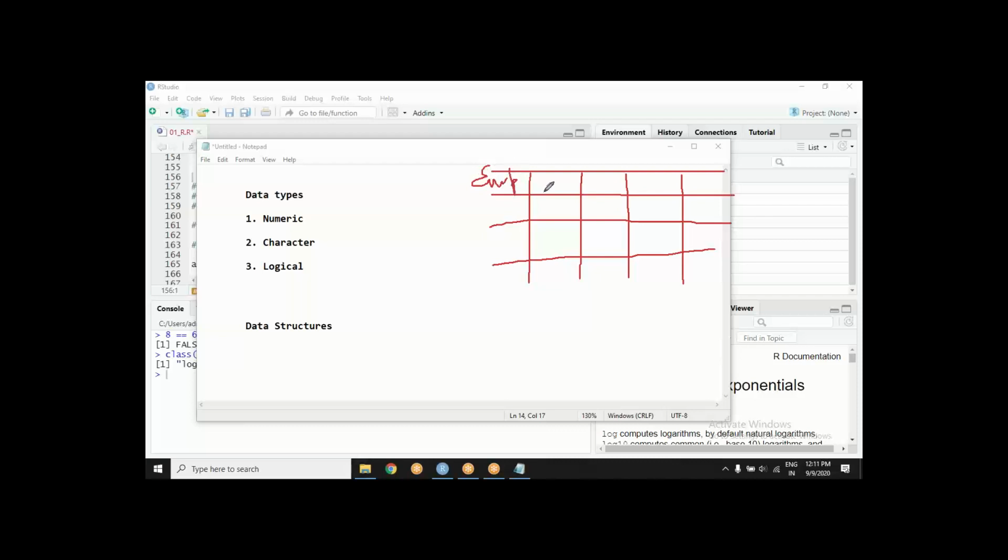There is a column employee ID, a column employee city, maybe designation, maybe department, and so many things. So data is nothing but a collection of several columns. So we are coming down to the most basic structure of a data set, and we call it a vector.